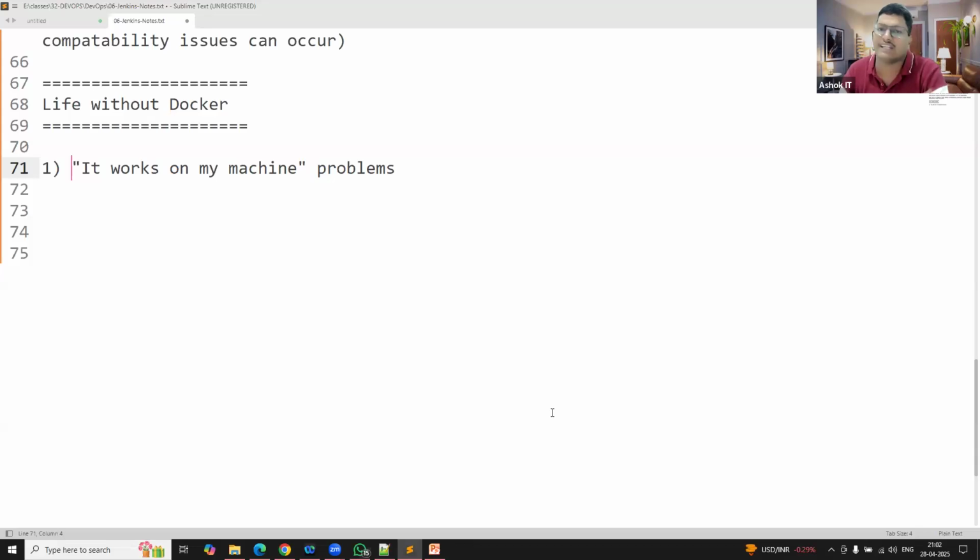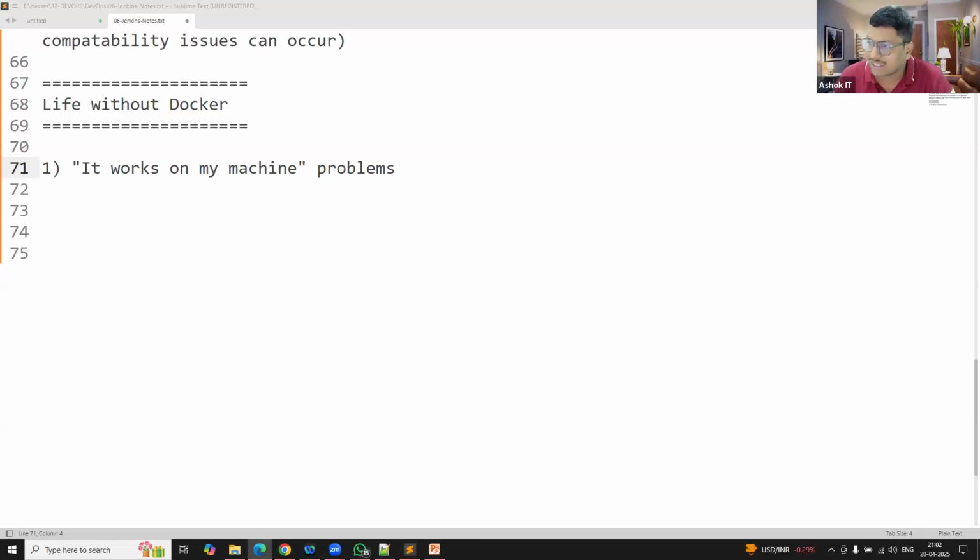So we deliver code to the testing team. The testing team is saying that, hey, this code is not working. And when it comes to the developer, the developer is saying that, hey, this is working in my system, it is not working in your system. So it is not my code problem, it is your system problem. Have you encountered these kind of issues? It works on my system, not working in your system. Have you seen these kind of problems in the real time? Yes, so many times. Testers will say that functionality is not working. Developers will say that it is working on my system. Okay.